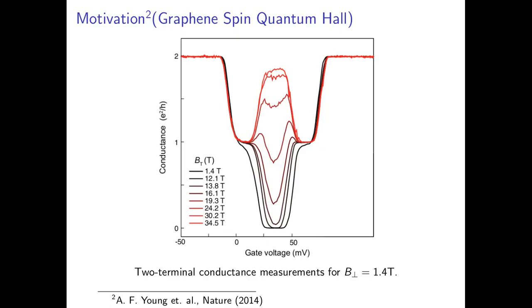Graphene's quantum spin Hall state was previously observed by Andrea Young and company when they used a very hard in-plane magnetic field and saw that the two-terminal conductance at nu equals 0 jumps from 0 to 2e squared over h. And that is exactly what is presented here. As you can see, the